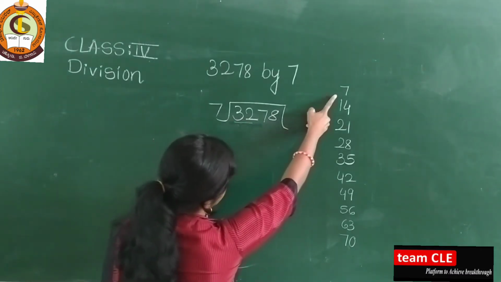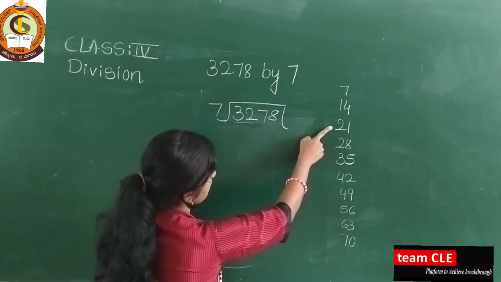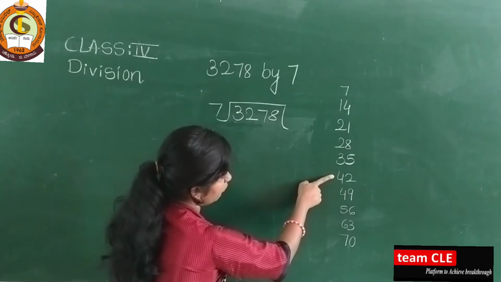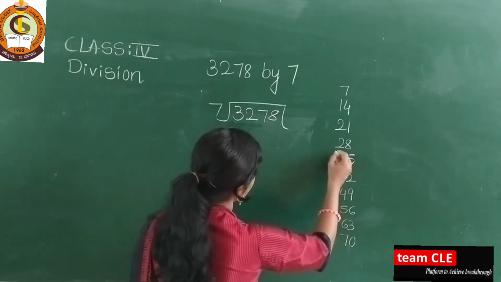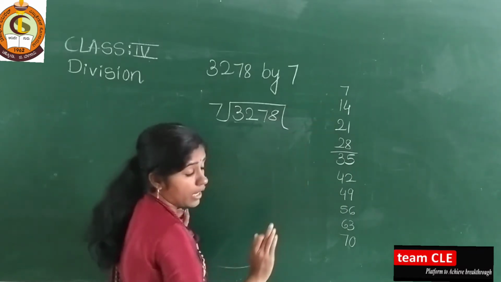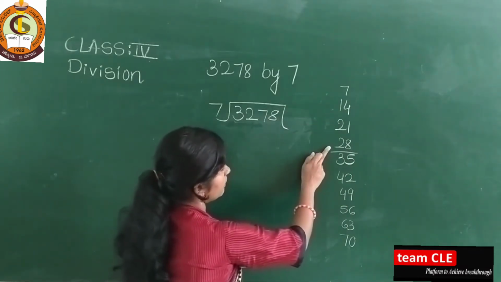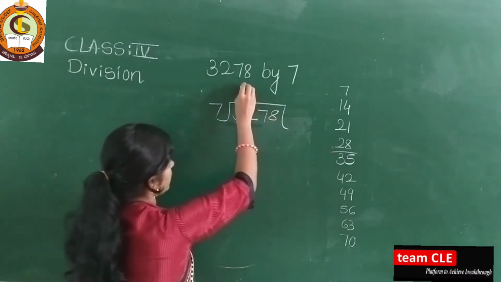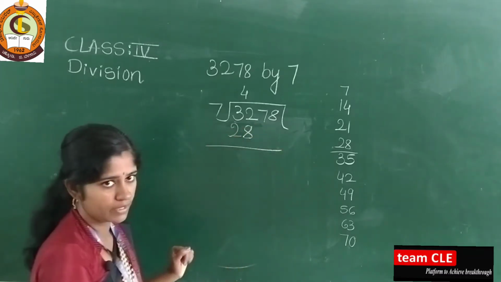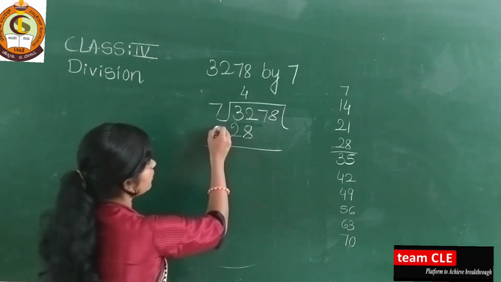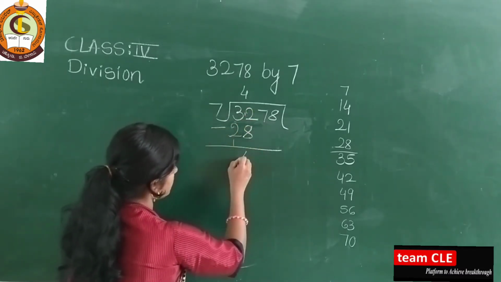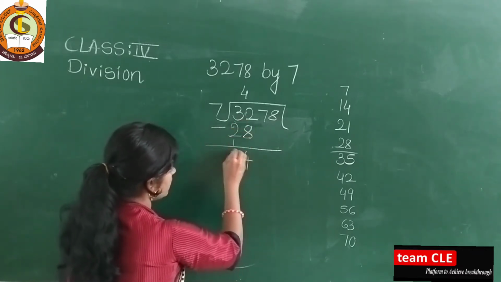32 is there. Then take here 7 1s are 7, 7 2s are 14, 7 3s are 21, 7 4s are 28. 35 is big, 42, 49 all are bigger. Then you have to take only up to this. 7, 14, 21 also are smaller, but here the nearest small number is 28. So take here 7 4s are 28. 2 minus 8 is not possible. Do subtraction here and take this. This becomes 12. 12 minus 8 is 4, and 3 minus 3 is 0.